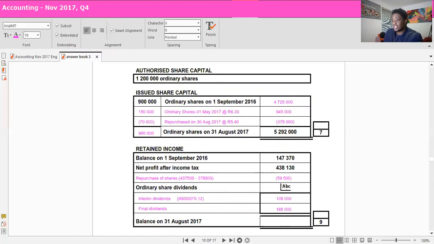And then the ordinary share dividends, we'd have to add these together, and if we add those together, it will give us a total of 276,000. And then if we say balance at the beginning of the year plus the tax minus the purchase minus ordinary share dividends, that will give us a retained earnings amount at the end of the year of